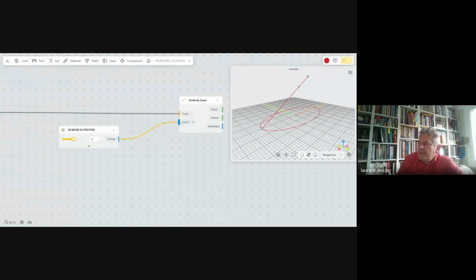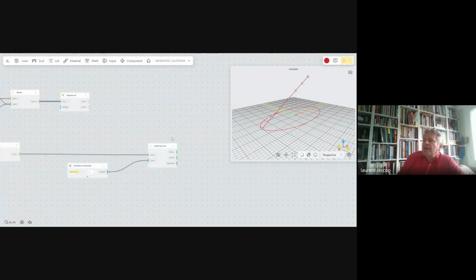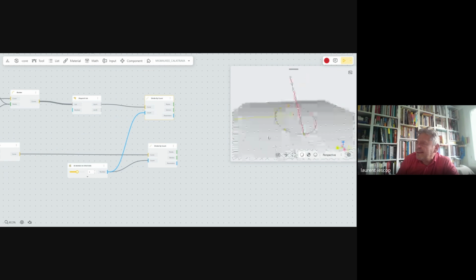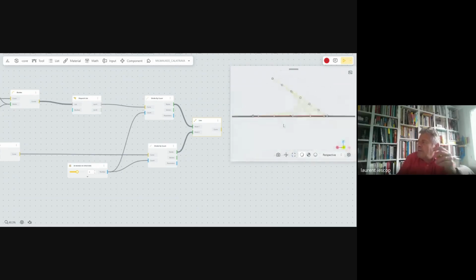I connect here. All right, so I need exactly the same division on my curve. So what I'm going to do is just copy that, and put one of my curves, this one. It is from that side, and then I will create a line to connect here and there and there. We will see what is going on. So I put line. Okay, I connect my points there and there. So what is happening here?